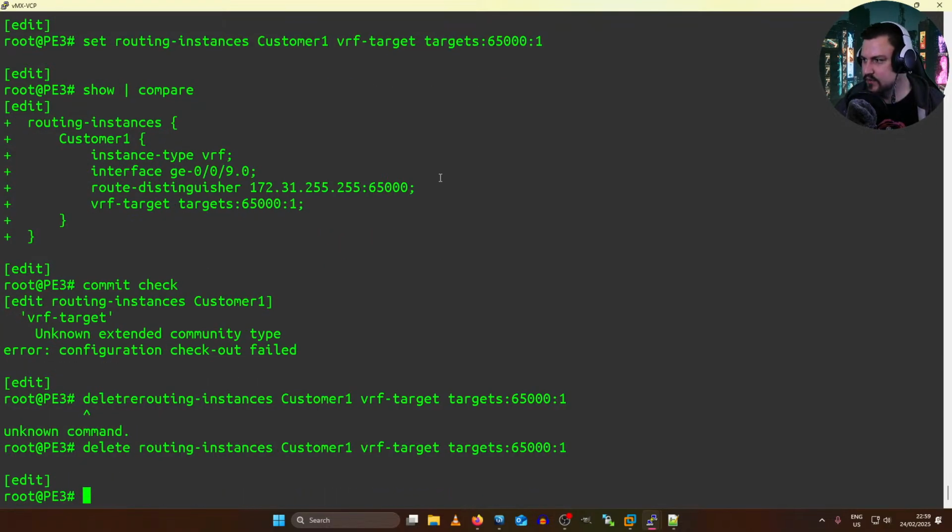I'm pretty sure you could set the VRF targets. Let me just quickly go onto the configuration. Where is that? BGP.